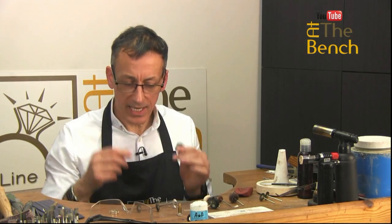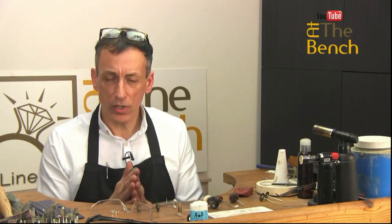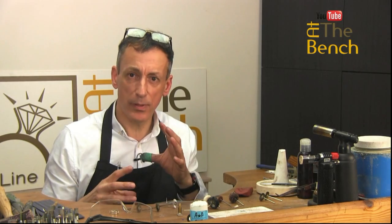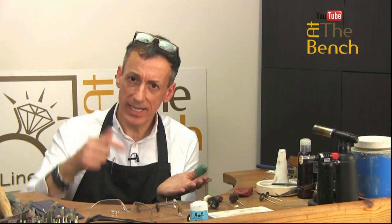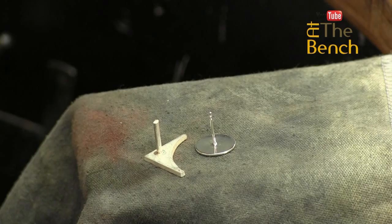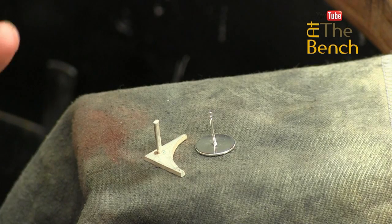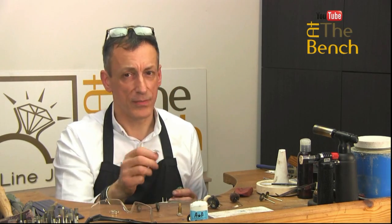So there we go. That is how we cleaned the back of that particular earring, and the brush and the techniques I've shown you can apply to any type of object where you have a flat plate and a post or a rod or whatever, just like that little piece, exactly the same way. The bristle brush is pretty good. Goat's hair brush is pretty good. All the other mops are pretty good, but if you can,